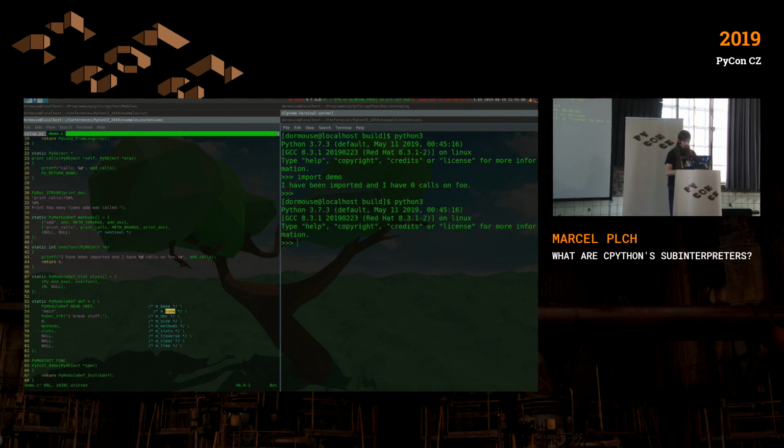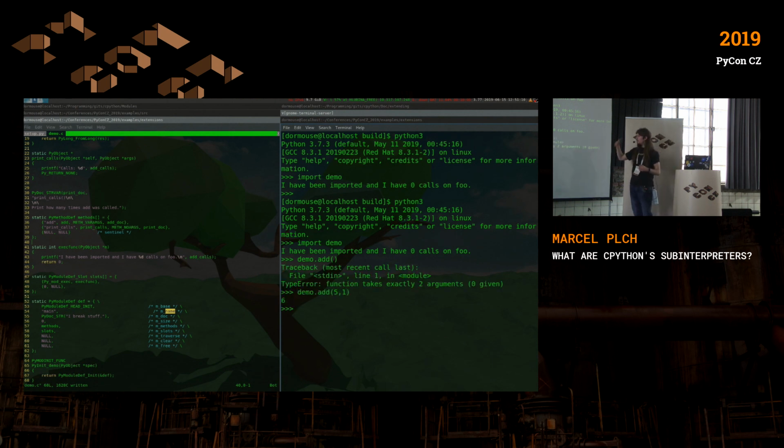All right, so if I do import demo and I try to use the add, it will return me a number that is the sum of the two numbers I call the function with. So to see what is going on inside of the code,